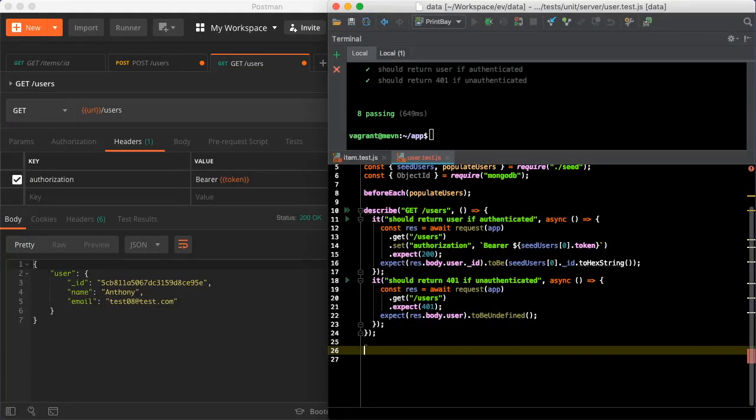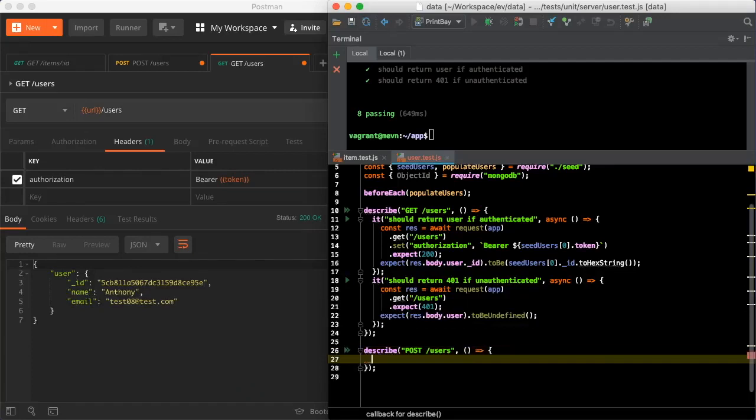So we'll begin by creating another describe block down here, and we pass in a string, post users, of course. Create a function for our tests. Now, let's call it, and the first test we're going to create is going to be called should create a user. And we'll pass in an async function